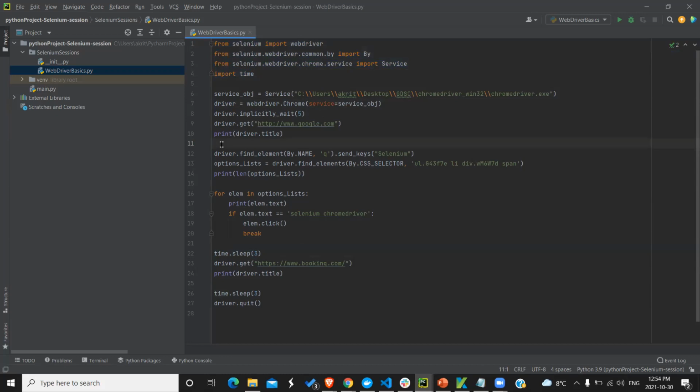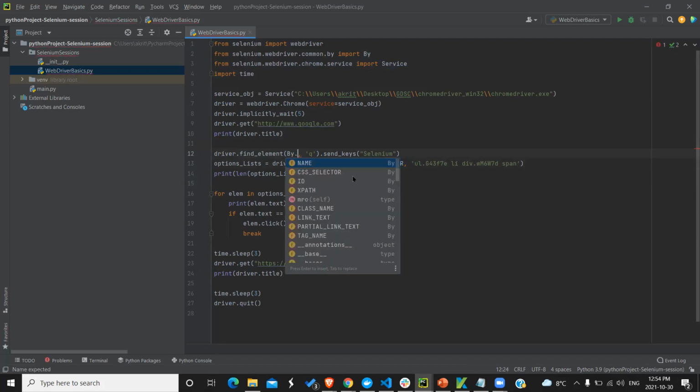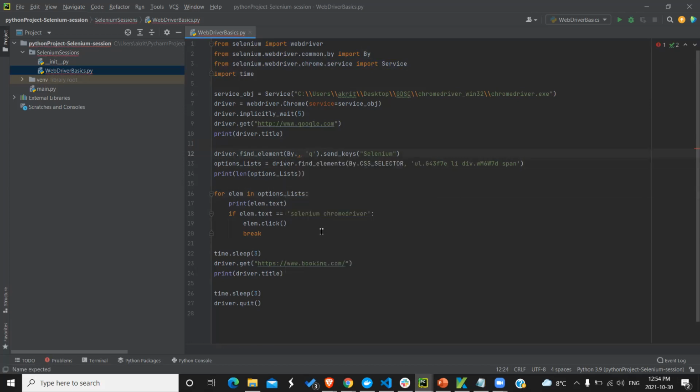To do that, we figure out the elements using driver.findElement, with element locators. It can be by name, CSS selector, by ID, and there are various methods. If I do this here, I have name, CSS selector, ID, XPath, class name, links, partial link text, tags, and text. We can even figure out elements by using text.